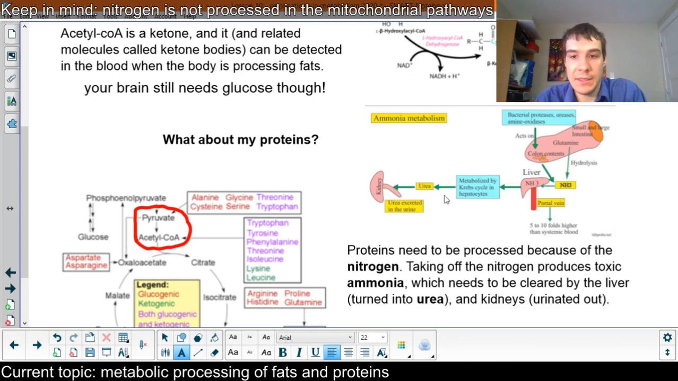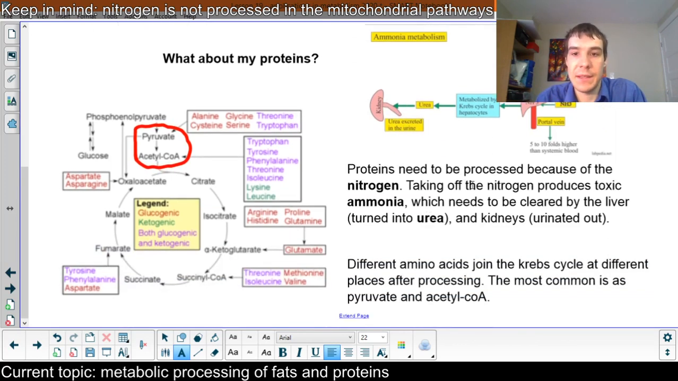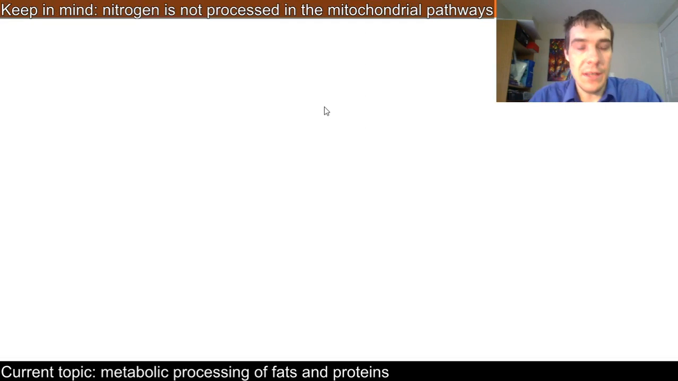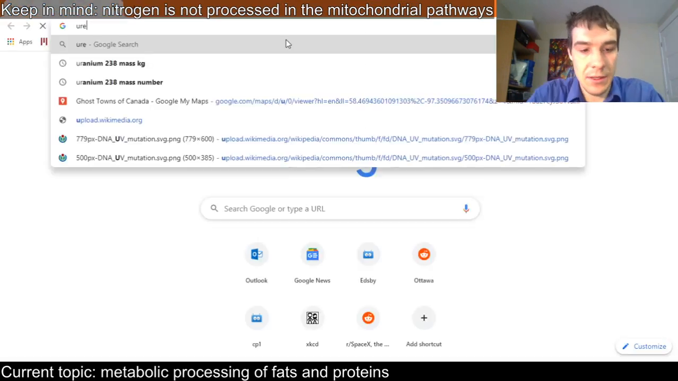So that's what's happening there. The nitrogen, the ammonia is toxic to the body, so it gets turned into this less toxic version of a nitrogen compound called urea, and out it goes. And we've talked about the different amino acids. Just as a quick aside,